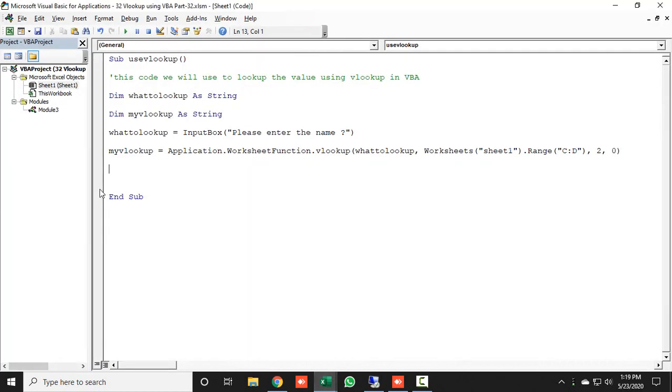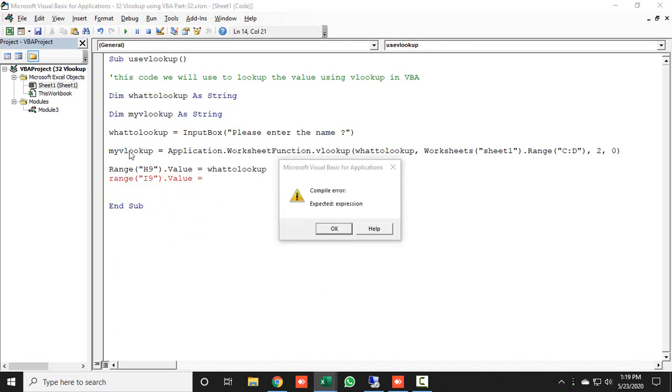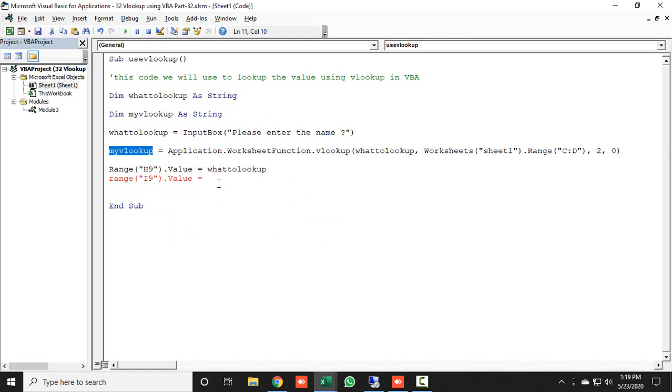So I will type Range("H9").Value is equal to WhatToLookUp, because our name is stored in the WhatToLookUp variable, and in the last Range("I9").Value is my VLOOKUP, because our answer will come from my VLOOKUP variable. So our task is done.